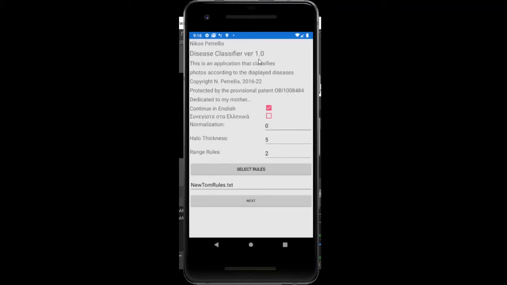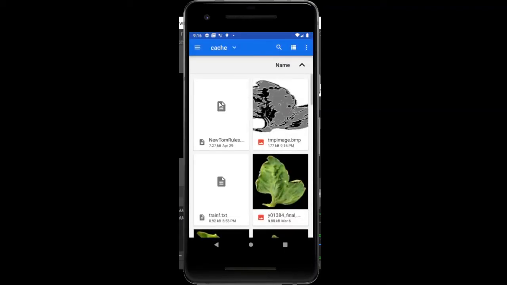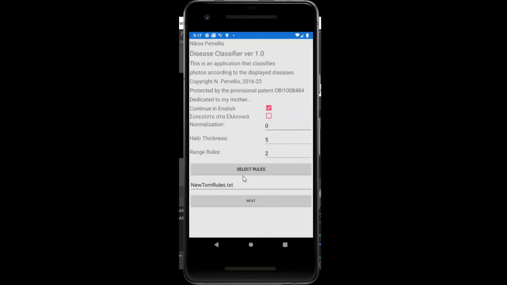We return back to the disease classification application, this time to classify new photographs. In the first page, we select again the interface language and the rule file that we just generated earlier from the Disease Classification-Trainer app. Now we have selected a rule file containing valid rules